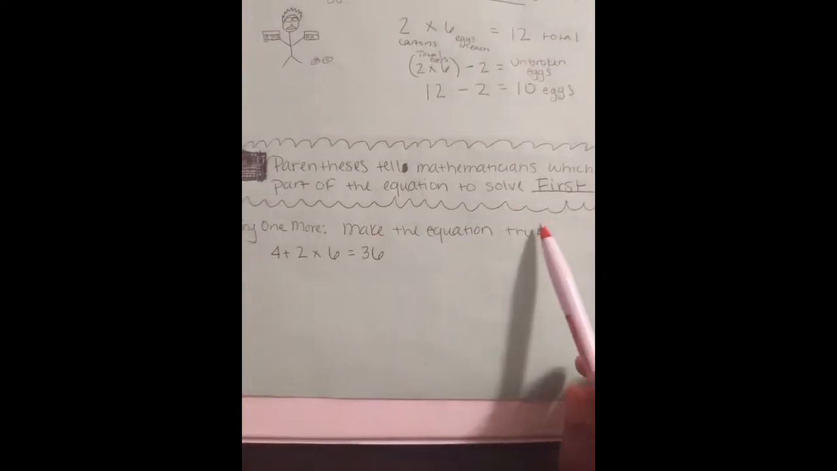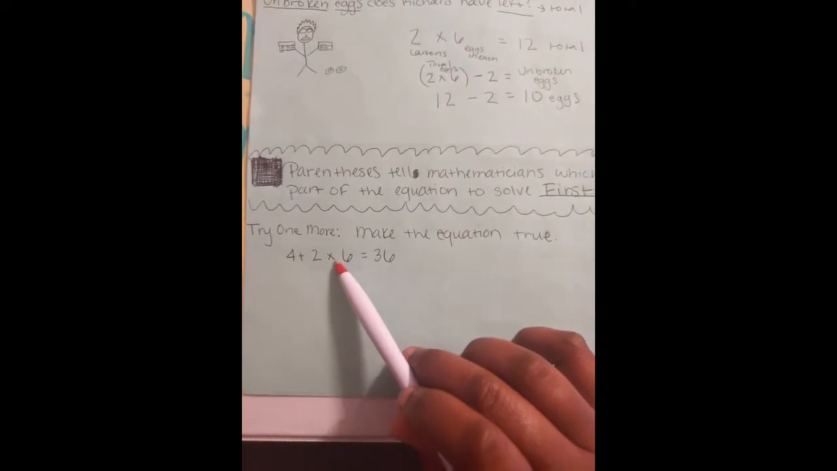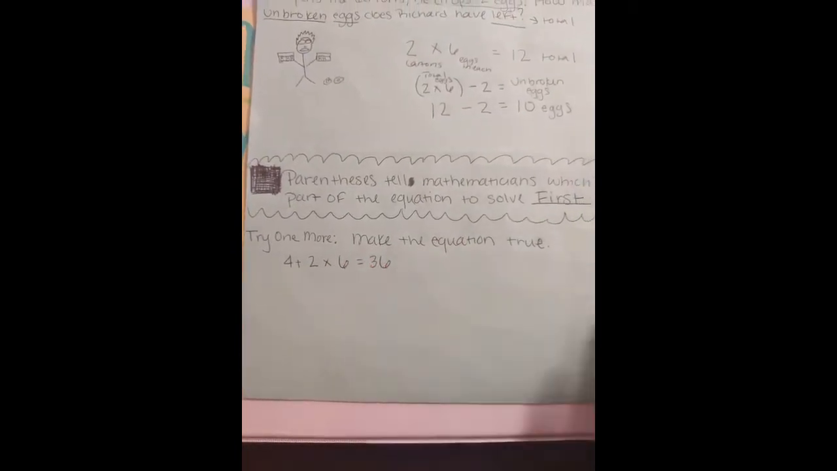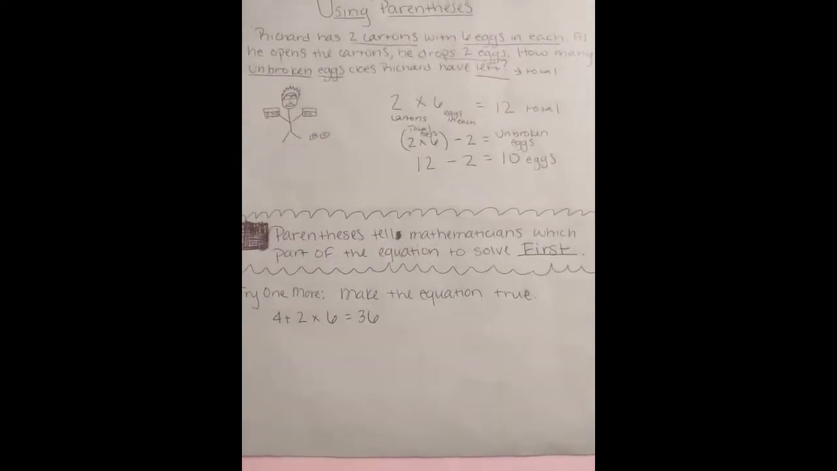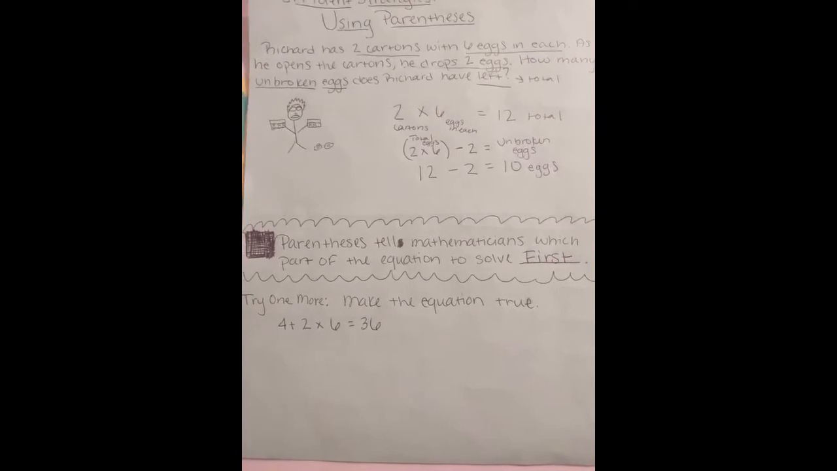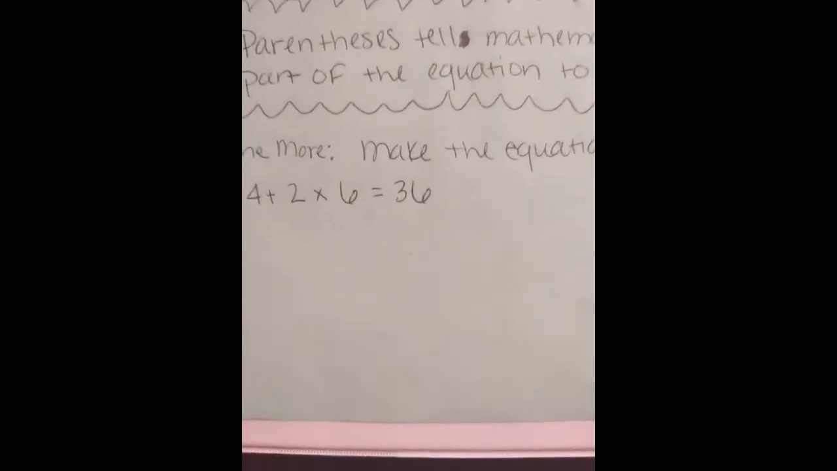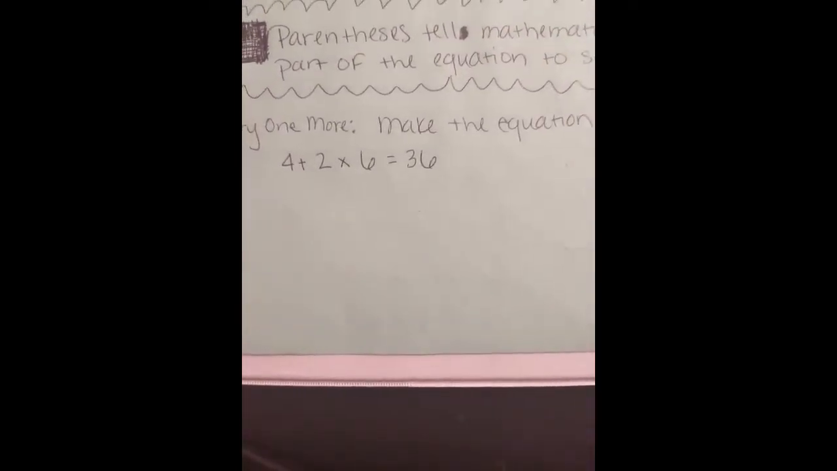Make the equation true. 4 plus 2 times 6 equals 36. Where do we need to put those parentheses to make this equation true? Go ahead and work on this. 30 seconds. This one may have been a little tricky, so let's work through it together just so we're all